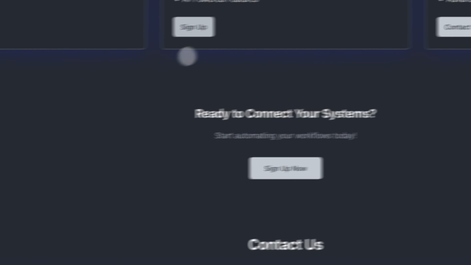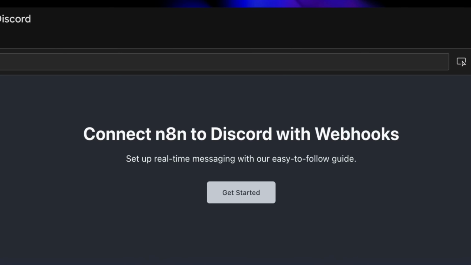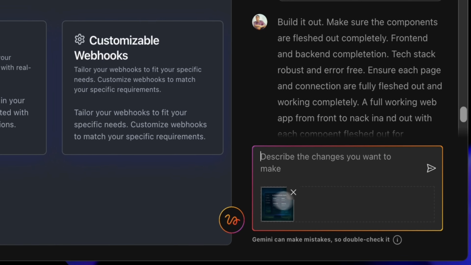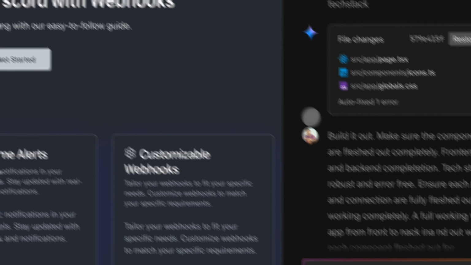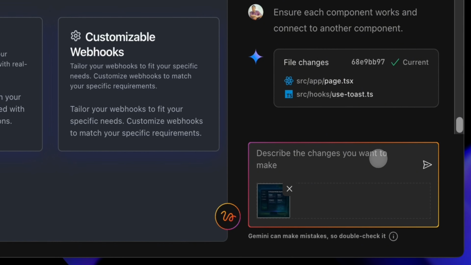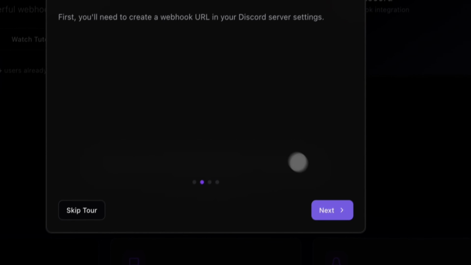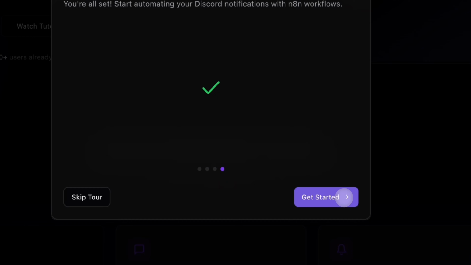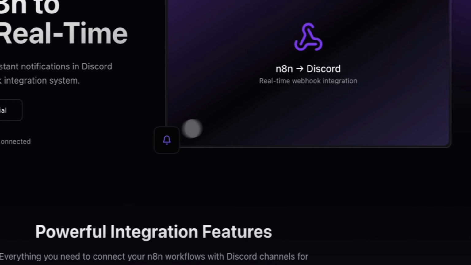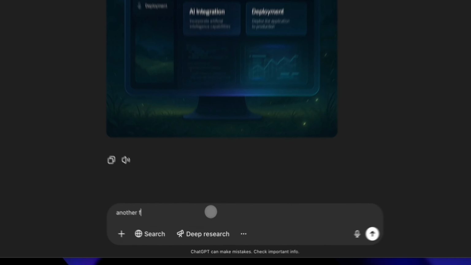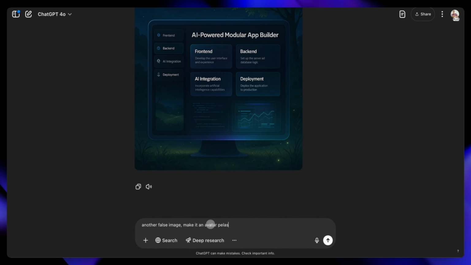Here's what ChatGPT made for me. I'm gonna try to give it that, tell it to describe the image and use that image as an example to help it out with its UI design. And here's the one that Lovable has made. As you can see, it has a nice little beginning here. It says get started. You can watch tutorials. It's all about n8n and Discord builds. Also, it's going to give you the option to create n8n and Discord builds, or to talk to your n8n and Discord build on the back end. That's pretty cool. It explains how to build it and talks to you.